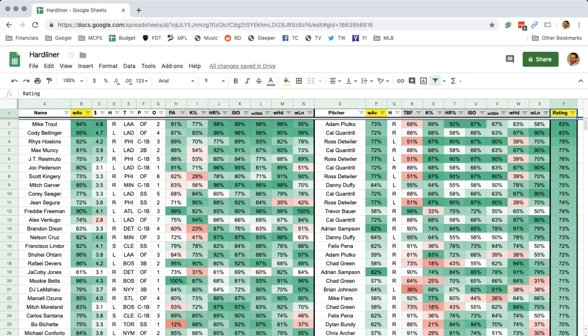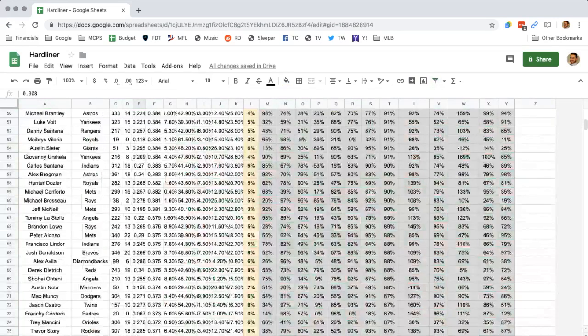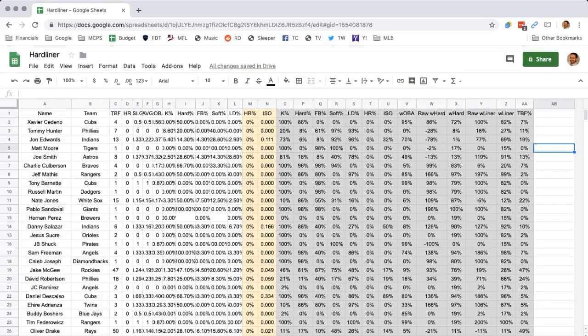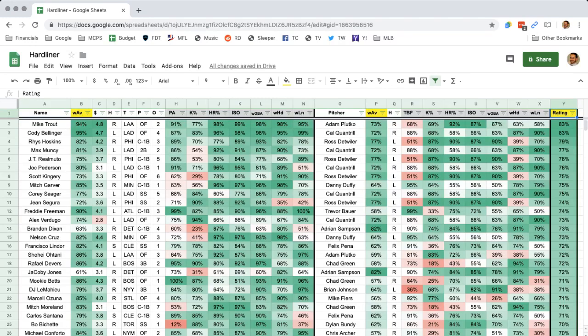But for now, I'm just playing around on Google Sheets, and without further ado, I'm going to jump right in. So the sheet, as always, I've got my data tabs here, just pulling a whole bunch of data from Fangraphs and looking at things on a season-long time frame.